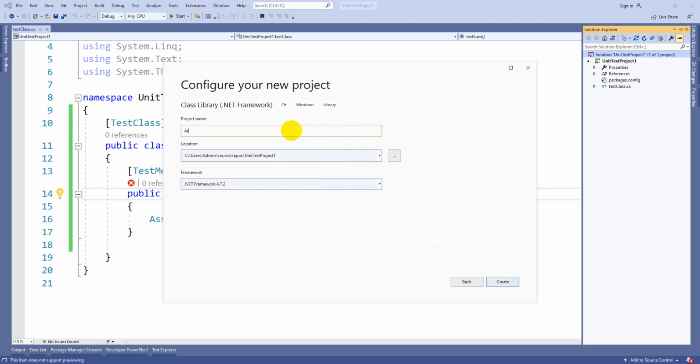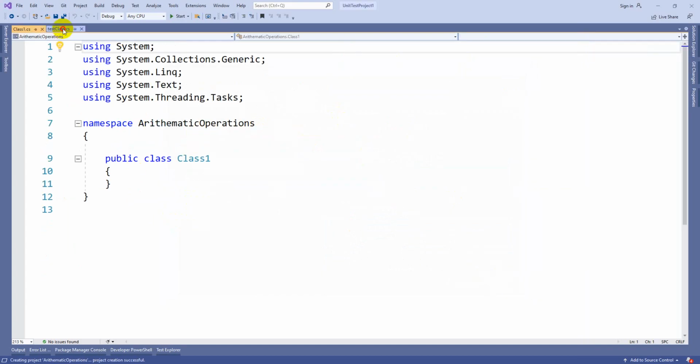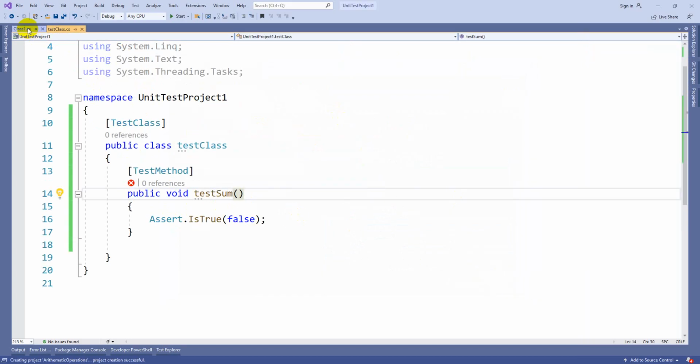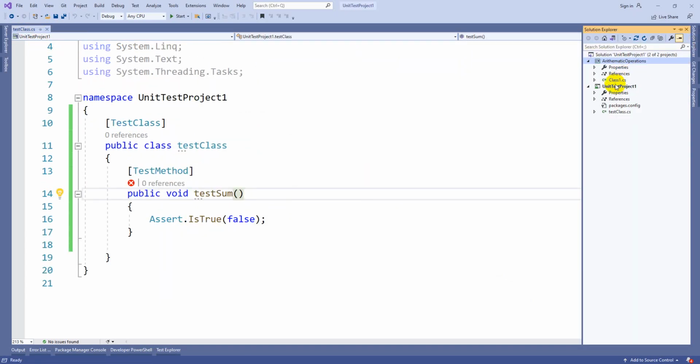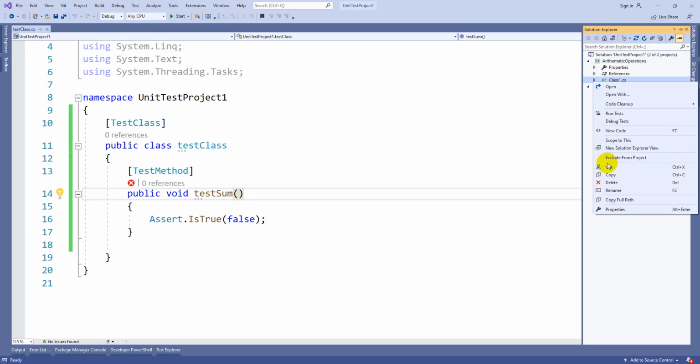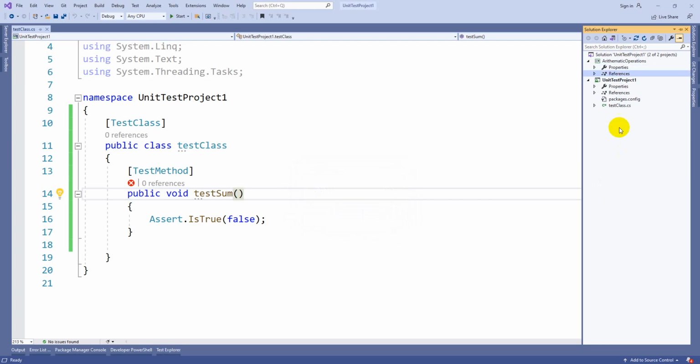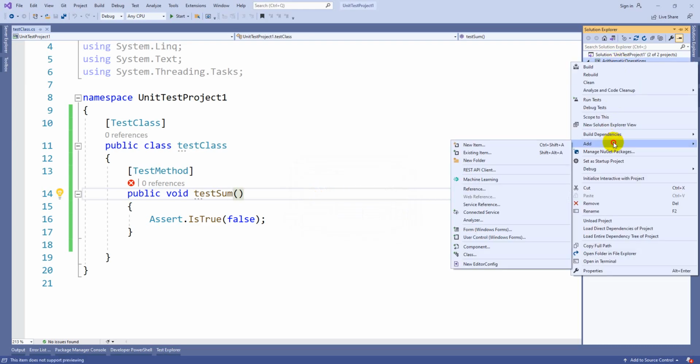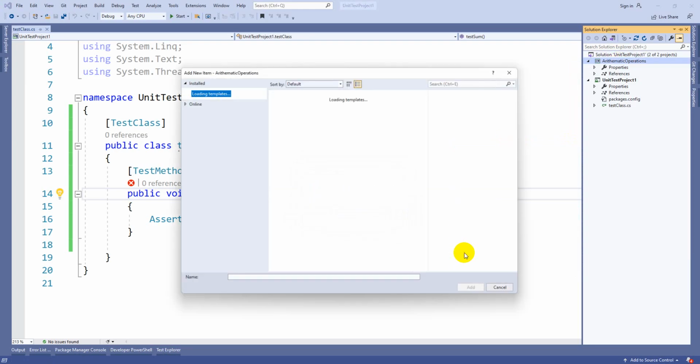Suppose arithmetic operations. Instead of taking hard coded values here, let's implement proper functionality. In this project, a default Class1 comes. I don't want to use that. Let's delete that one. First add a new class here.